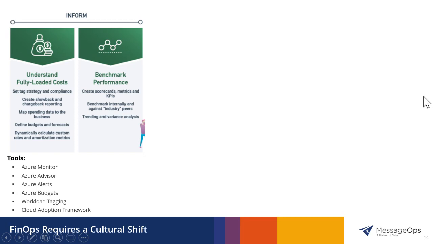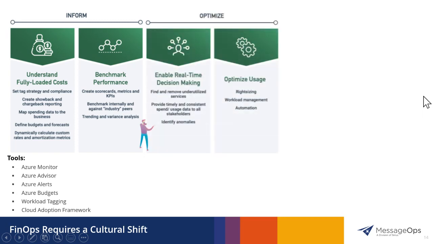All right, Kevin, why don't we talk about the next stage? So the next stage really is the optimize we spoke about. And Chris, we're talking about enabling real-time decisions, optimizing usage here within the optimize phase. And you mentioned a couple tools, and I noticed that there's some crossover here as well. But you have Azure Advisor, Azure Policies, which is not in the first one here as Azure Advisor was, and then cost analysis, which also is not in the first one. So you want to just touch on policies and analysis before we show some of those?